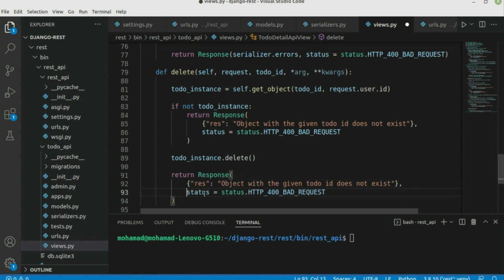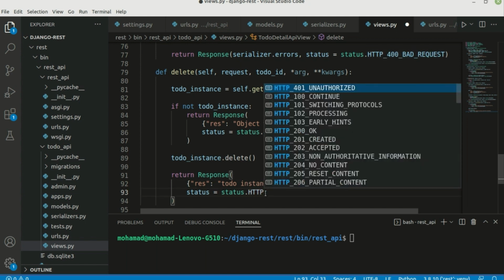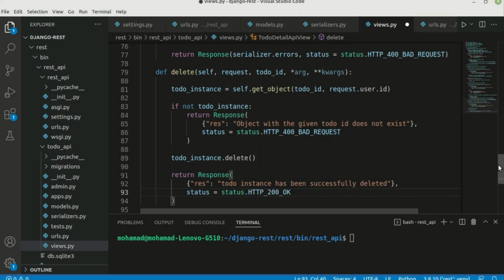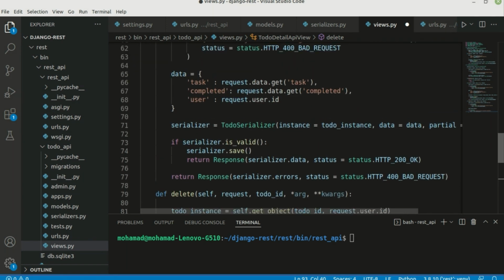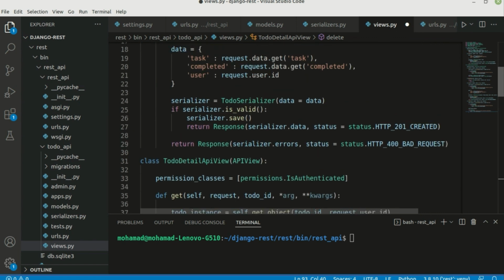But what we're going to write as a response is a bit different. So we're going to write to-do instance has been successfully deleted. And here instead we're going to write HTTP 200 OK. So now that's it. We've already completed all of the functions and the classes we need for our views.py, and